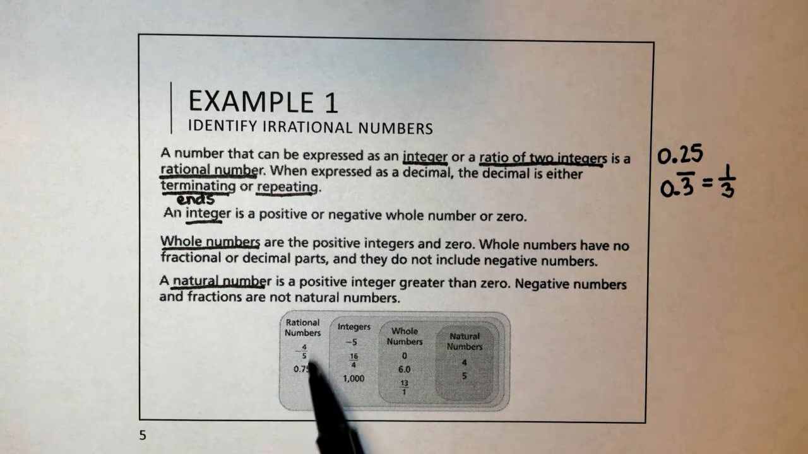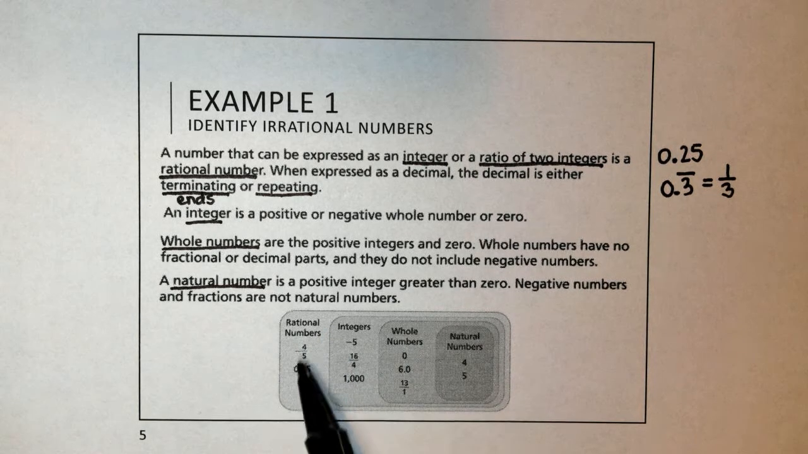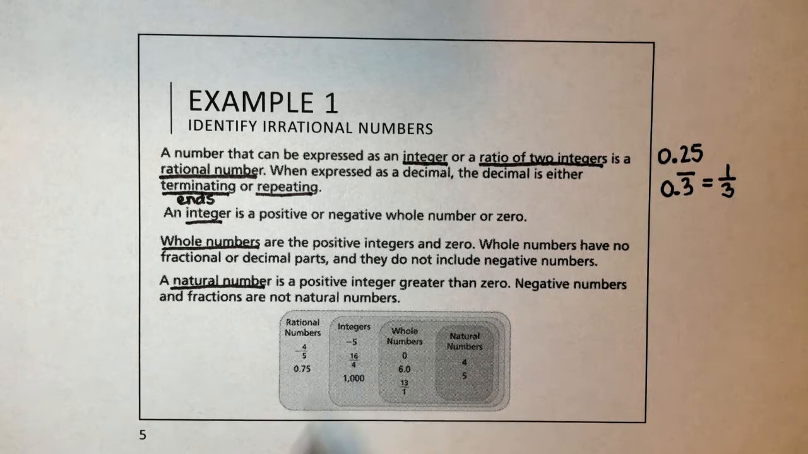but these numbers that are in this outside rectangle aren't considered integers, whole numbers, or natural numbers because they don't fit that classification. Then the next rectangle is integers. Those are our positive, negative, whole numbers, and 0. Whole numbers are positive integers and 0. And then our natural numbers are the innermost rectangle. Those are just positive integers greater than 0. Those are some classifications that you should be familiar with from your previous math courses. So now we're going to look at